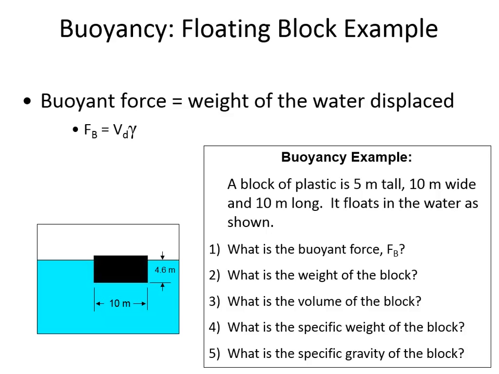We know its weight will stay the same, and the weight of liquid being displaced will be the same. But instead of displacing 460 cubic meters, if it was mercury, then the volume displaced would have been 460 cubic meters divided by